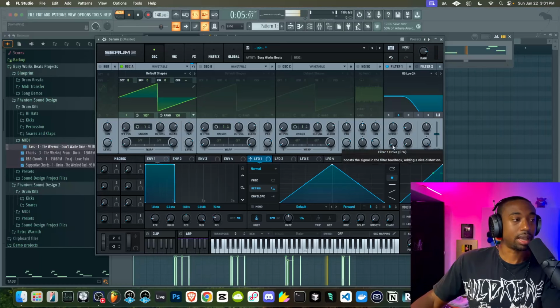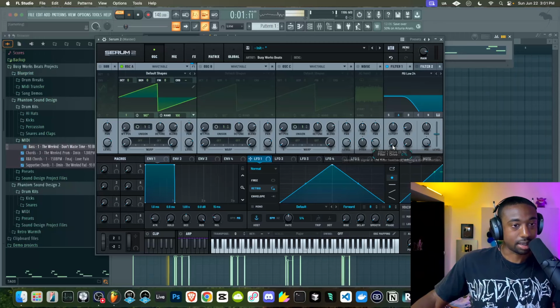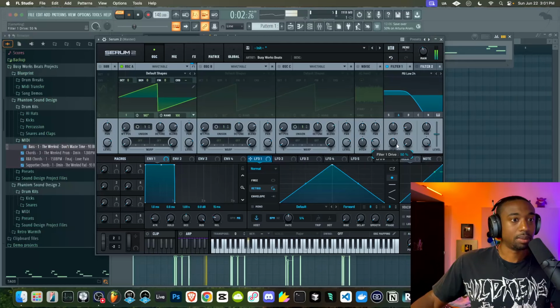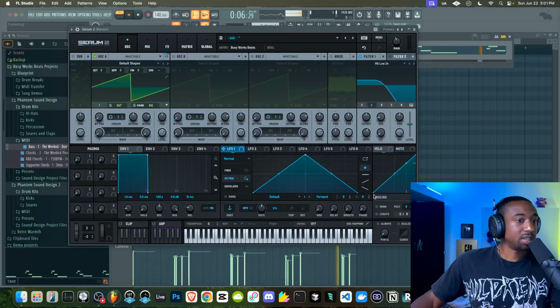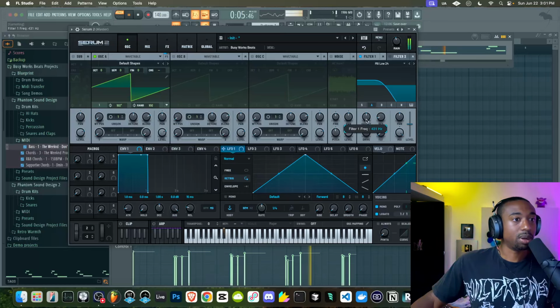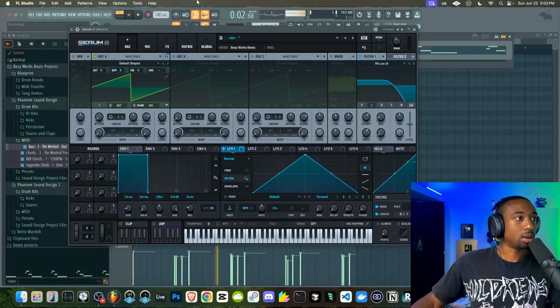Now this sawtooth already has an aggressive sound. I'll show you guys how to turn up this drive. Now you have to match the output so that it's not just clipping. Another thing we're going to do is put this on monophonic mode just for this bass line. It's a little more smooth. Okay, now we can open up the cutoff filter for more or less harmonics.